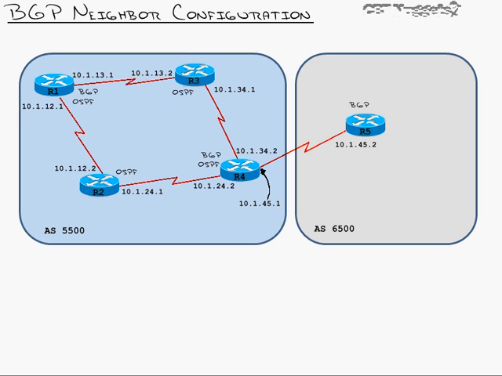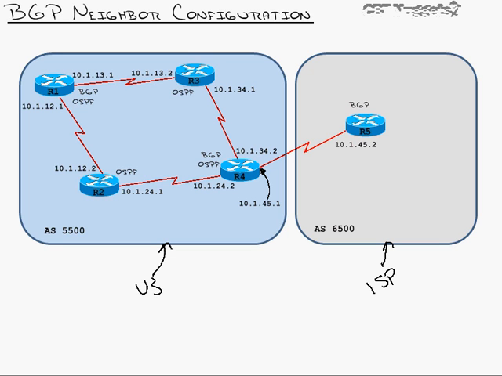Now, as I mentioned before, BGP neighbors are manually configured. They are not auto-discovered like all the other protocols that are out there. And in this scenario, you can see that I have two autonomous systems. On the left over here, I have autonomous system 5500. On the right is 6500. Now, we're going to pretend that this is us. Over here on the right-hand side is our ISP, or our network that we're connecting to with eBGP, because that's